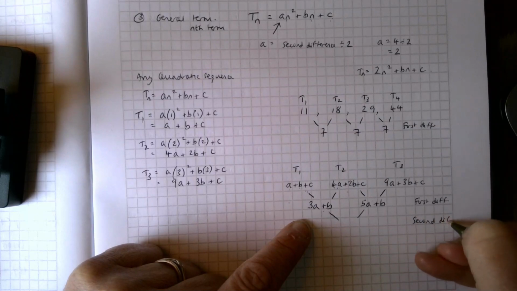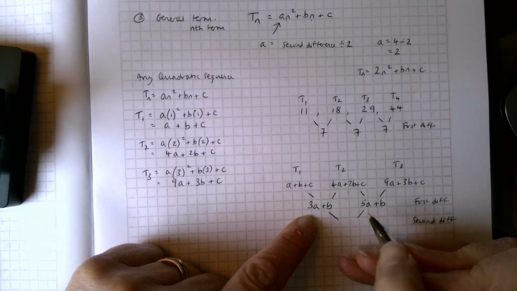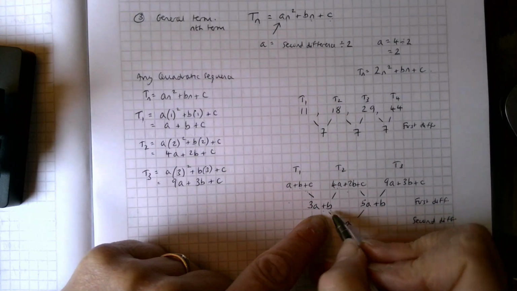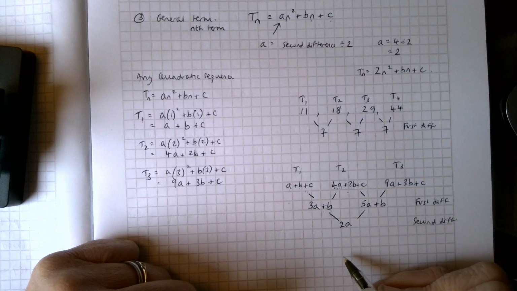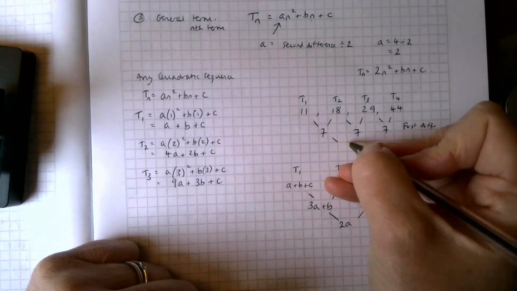So looking at that, 3a to 5a is add on 2a. b to b, I don't have to do anything. So the second difference is 2a. See, this is where the rule comes from that we talked about a minute ago. Here, the